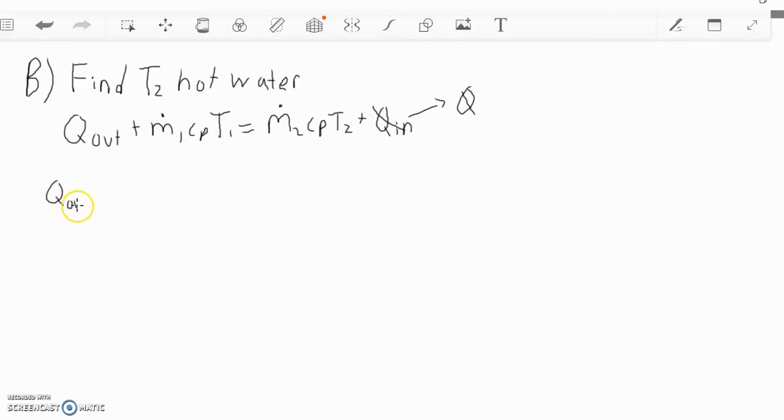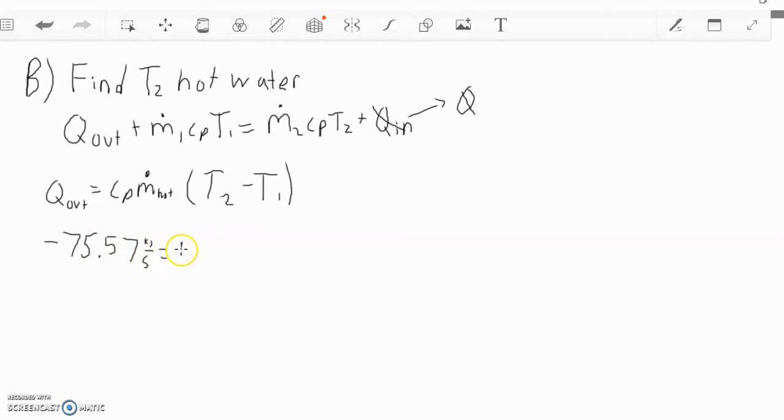Then we have rearranged this. Q out equals specific heat times mass flow rate. We know this is the same for both. It's steady flow, going in at 3 and leaving at 3, times the difference in temperature. So plug in. We know 75 kilojoules per second are leaving the system, equal to 4.18 kilojoules per kilogram times the mass flow rate of 3 kilograms per second times T2 minus 100 degrees Celsius,